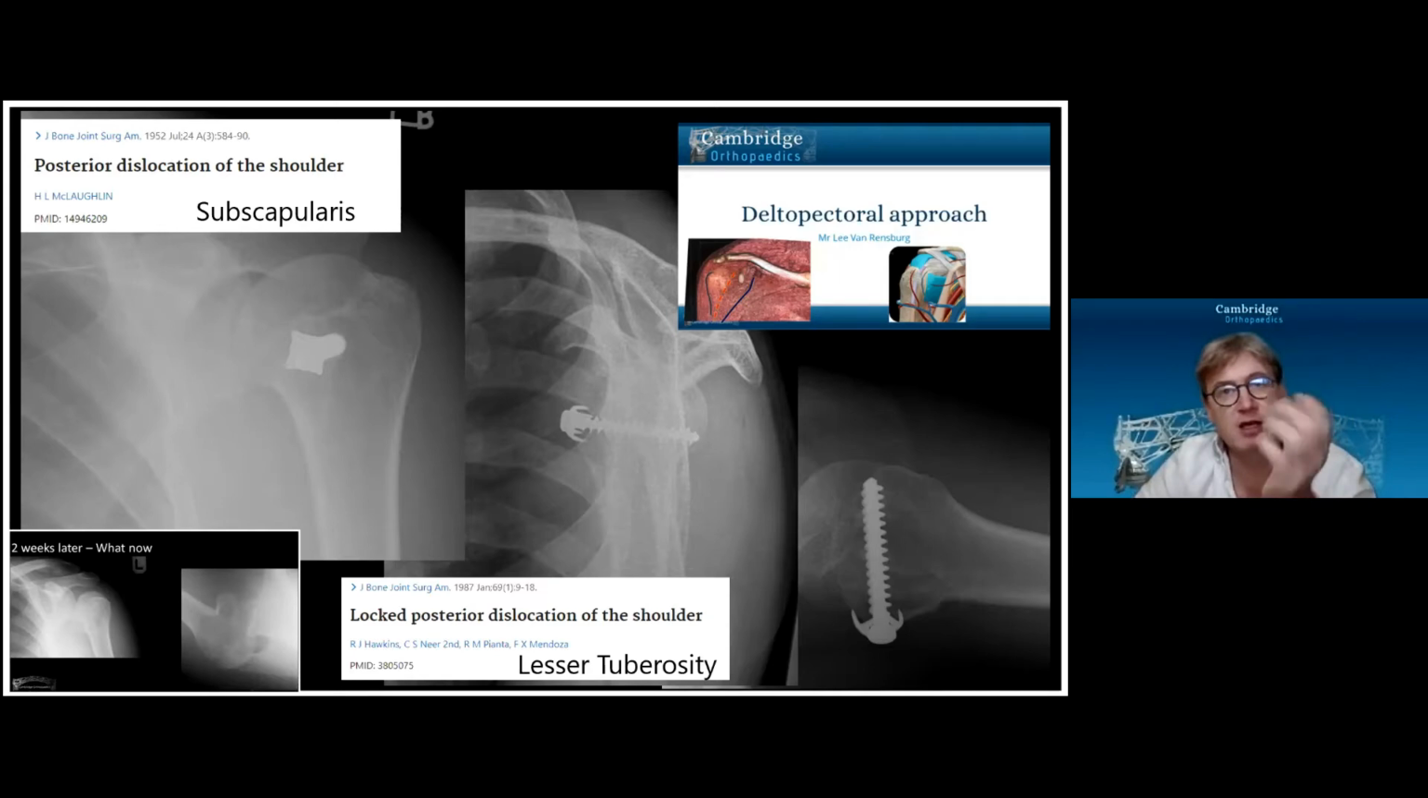Your options there: lesser tuberosity osteotomy, subscapularis tenotomy, or subscapularis peel. In fact, in this scenario, the patient has already almost done their own lesser osteotomy, and so as such, I simply completed that. If the lesser tuberosity is intact and subscapularis is intact, for subscapularis, Robinson talked about it nicely